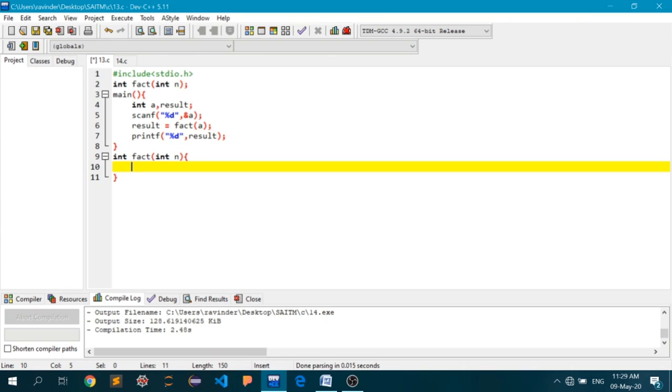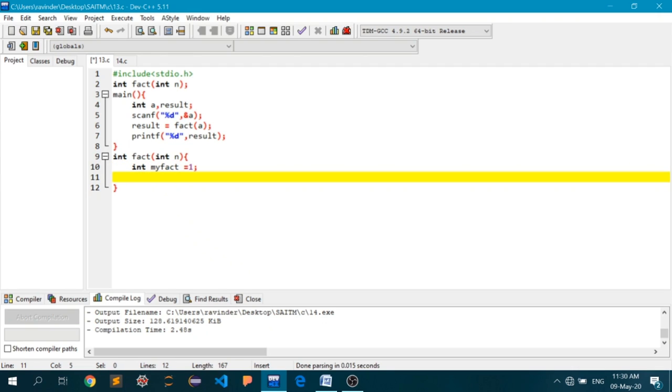The main recursion in action: first I will initialize an integer variable, my fact, equal to 1.